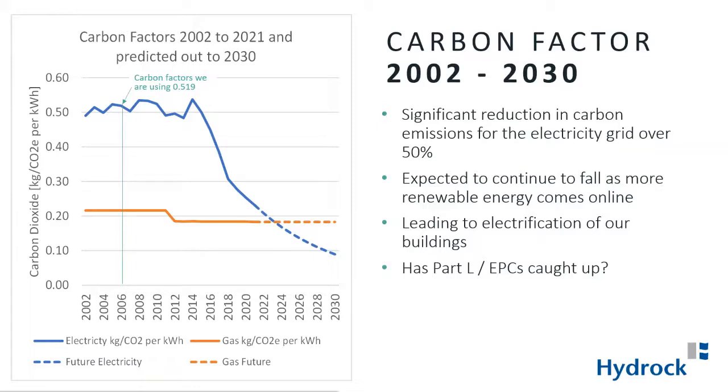But the electricity carbon factor that we currently use is still 0.519. I don't worry too much about the units, it's kilograms of CO2 equivalent per kilowatt hour. Where the grid is right now is at 0.212, so it's over 50% lower for electricity right now. So everyone is putting in heat pumps and electrifying their buildings, but when you try to do compliance or EPC calculations, they're coming out as only just passing or not passing at all, because the carbon factors they're using are the old carbon factors. We're expecting these carbon factors to continue to fall as more renewable energy comes online,